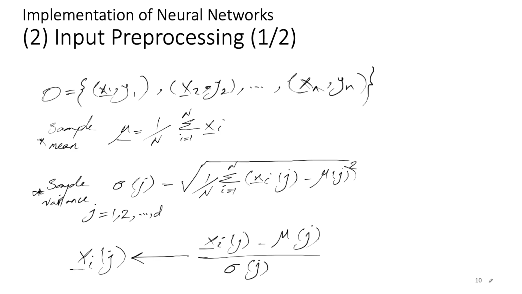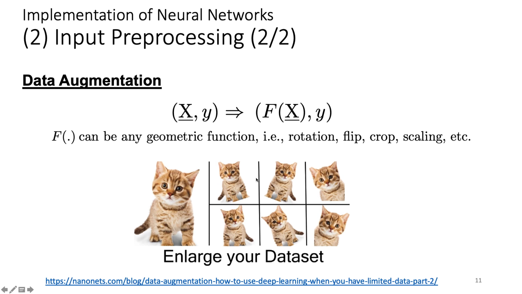All right. So another way to make your model more robust, especially when you are dealing with lack of data to train, is another process for preprocessing called data augmentation. Okay. So you apply a function f, and that function could be anything, like any geometric function: rotation, flip, scaling, cropping,